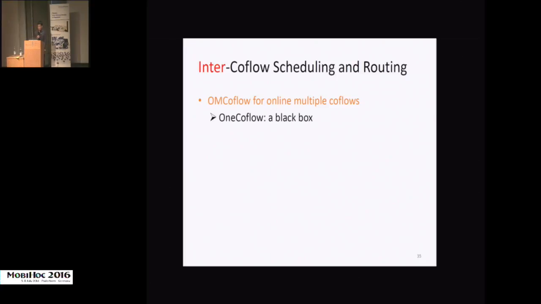And remember, we consider an online environment, and we design an efficient online algorithm called OMCoflow to tackle this problem. And basically, the OMCoflow makes use of the one coflow as a black box. And the basic idea is that when a new coflow arrives, or an existing coflow finishes its transmission, we will reschedule the flow bandwidth for all the concurrent